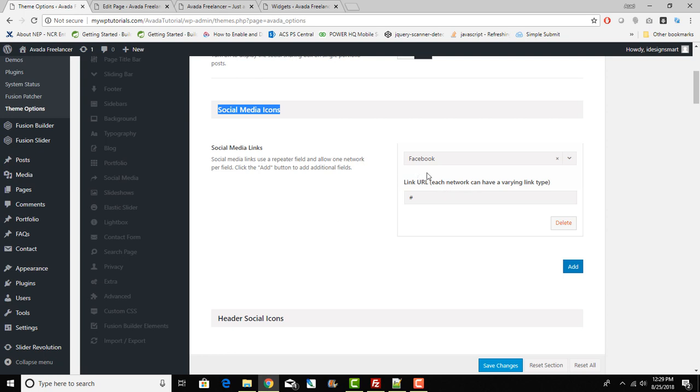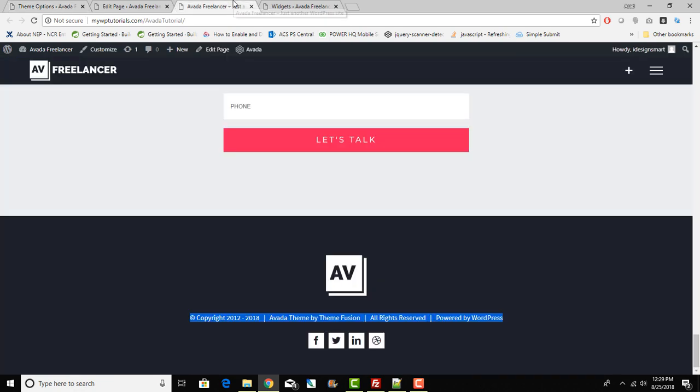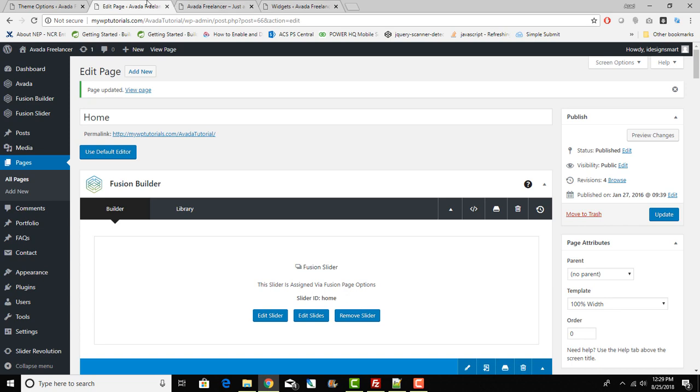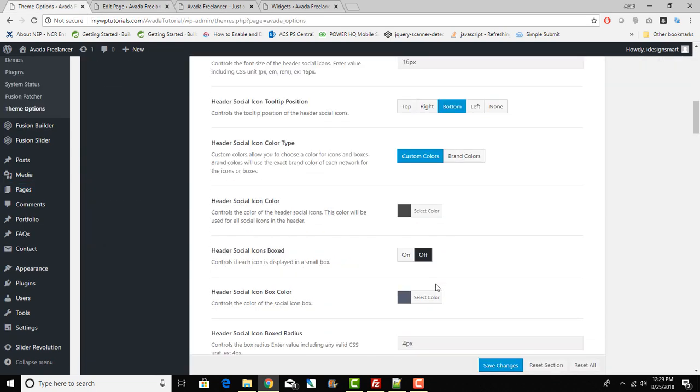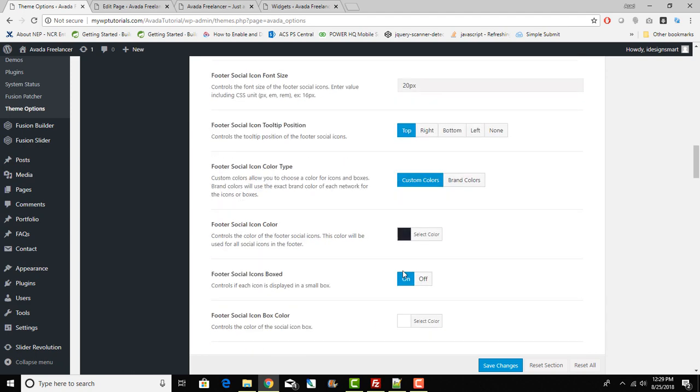So you can add your Facebook links or LinkedIn links and that kind of stuff. For header social icons, if you add a header style that displays social icons in the header, then you can set up those over there. And then footer social icons is on, and right now